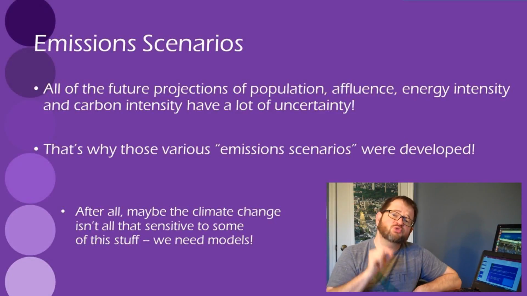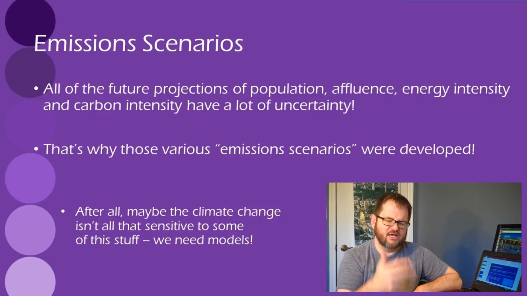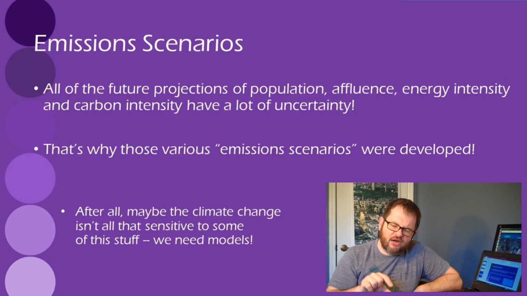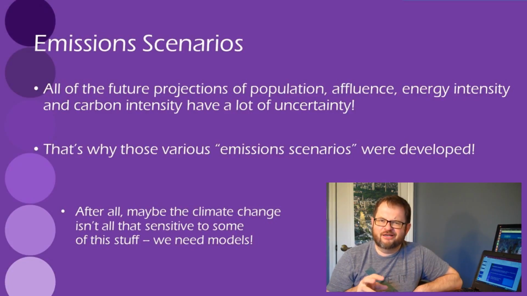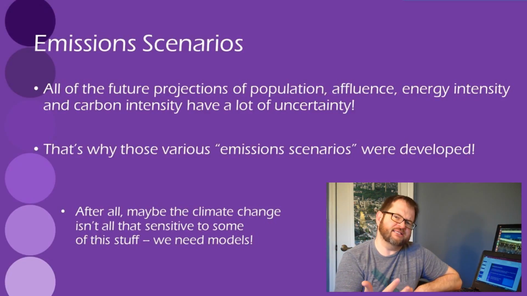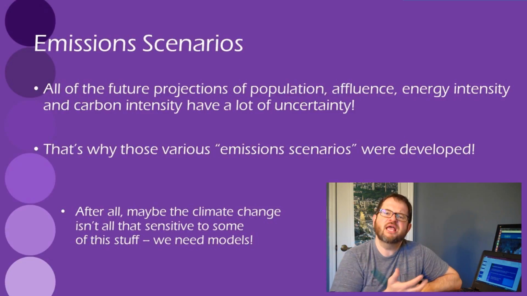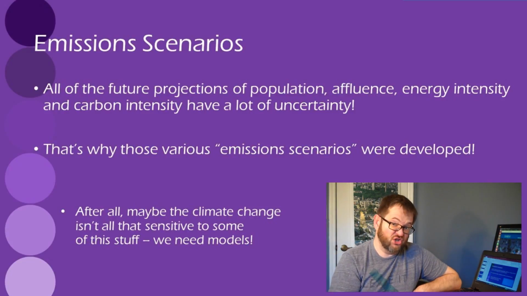Now the particular scenarios we're talking about first, this is going to be A1. You may be familiar with these terms. This is going to be like A1 and B1 and A2 and B2. There are different scenarios for the future. These scenarios with these letter number combinations are a little bit out of fashion. Contemporary climate science in the last year or two, maybe more like 3 or 4 years now, has been shifting towards a different notation that we'll start talking about in the next lecture to describe these different climate scenarios of the future.